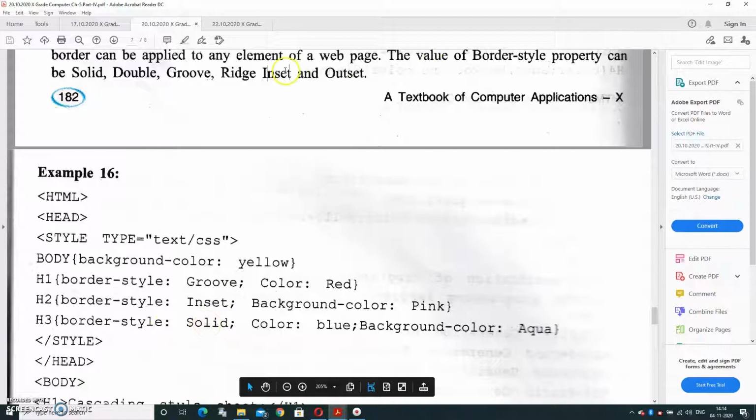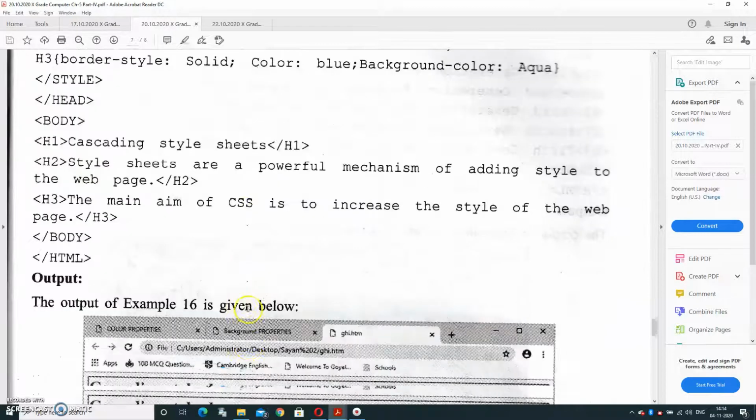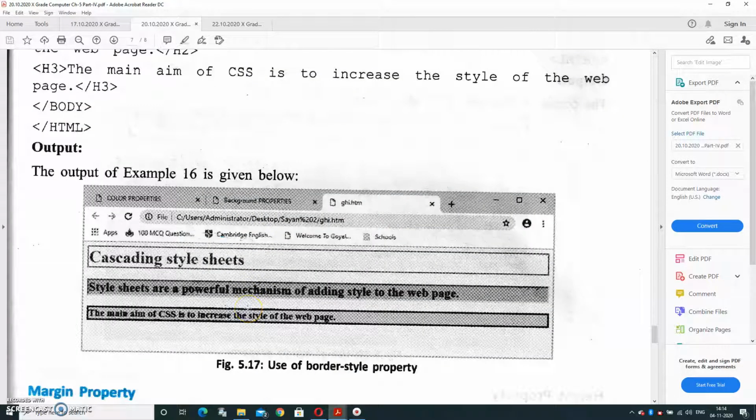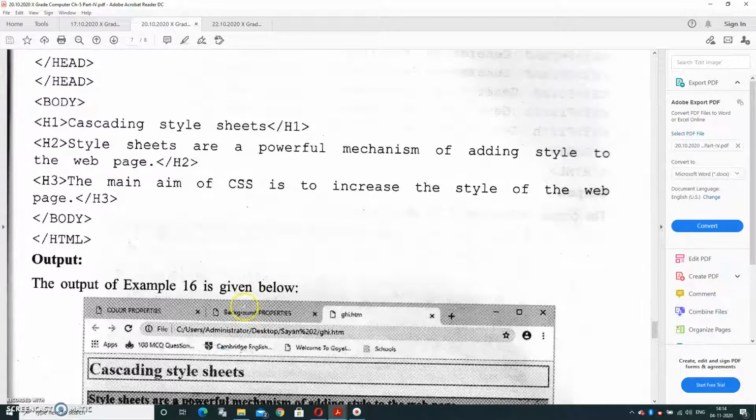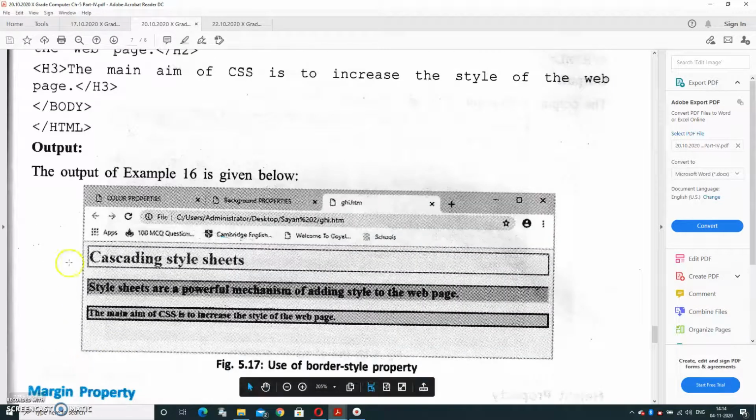Any value out of these we can take. Afterward the output will be displayed like this only. It means the border will be applied with different properties and different styles.